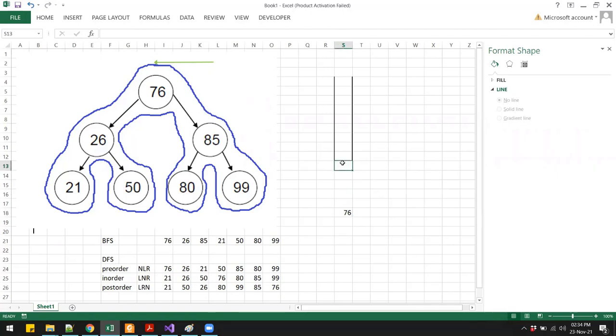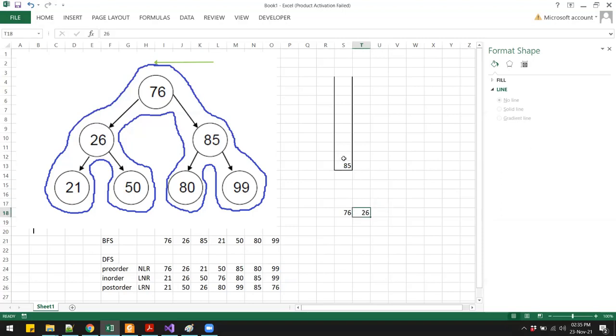And then after printing, you will push the value of the left and the right child onto this stack. So you will first put the right child, which is 85, and then you will put the left child, which is 26. Once you have pushed all the left and the right child, then you will pop. So after popping, you will print. So you pop 26 and then print it.